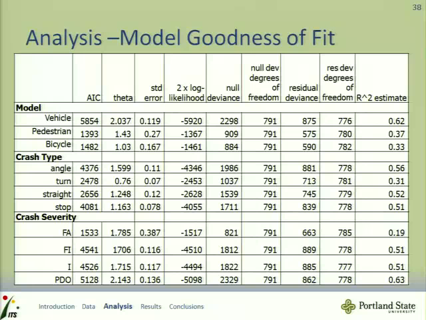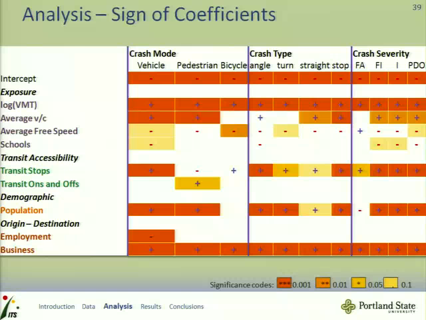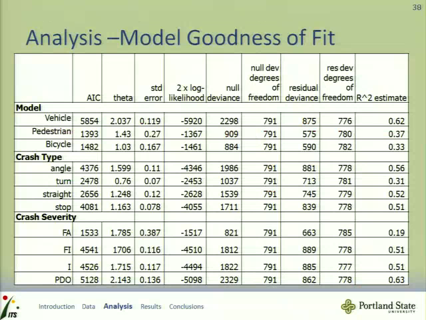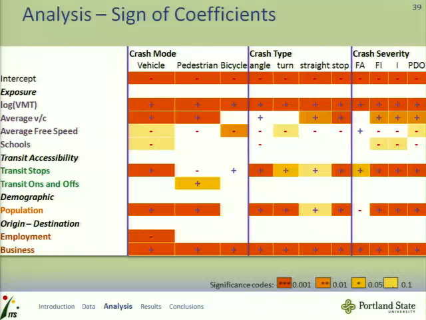So I did my model building, lots of wonderful model goodness of fit numbers for those who are heavily into model numbers. But looking at the R-squared, sorry, I keep hitting that. For crash data, these are pretty good numbers, and particularly when you think about we had a lot more vehicle crashes. Getting an R-squared of 0.62 is pretty respectable. Obviously, in pedestrian and bikes, we had a lot less crashes, so it's not surprising we had a lower R-squared in some of these groupings.